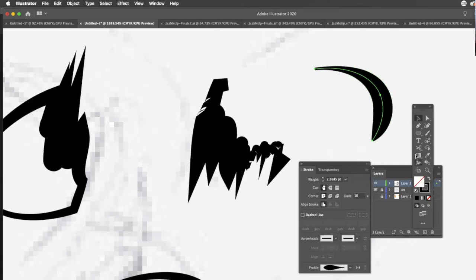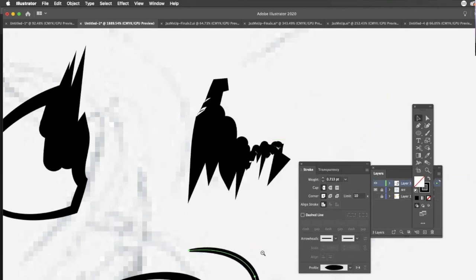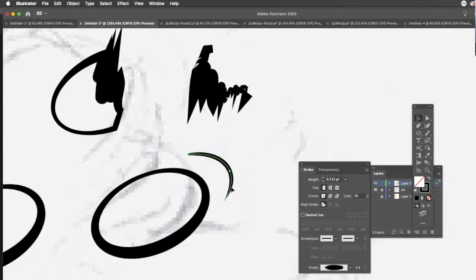And of course I could grab the width tool and, whoops, shrink it down and then move it. And then I've got that. So that's one way to do it. That was using the scissors tool, which is underneath the eraser tool. And that works with anything. So let's just say, for example, if you drew